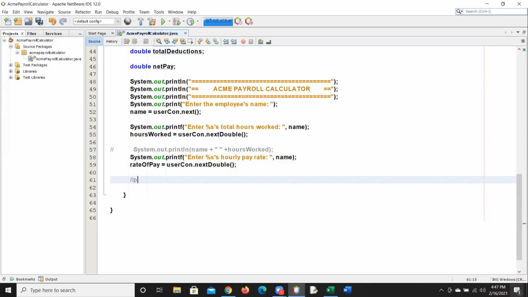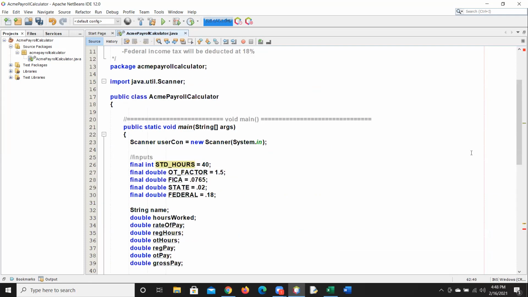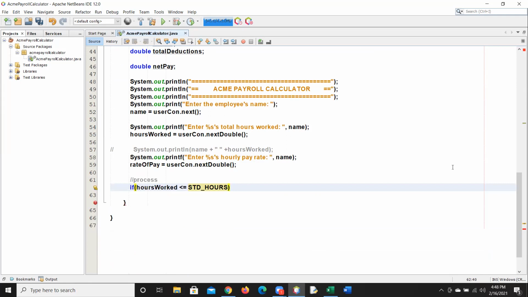So the next thing I need to do is process my data into information. Okay. First thing I need to know is how many regular hours did the person work? So I'm going to say if hours worked is less than or equal to standard hours. Right? Isn't that what I used? Yep. Then